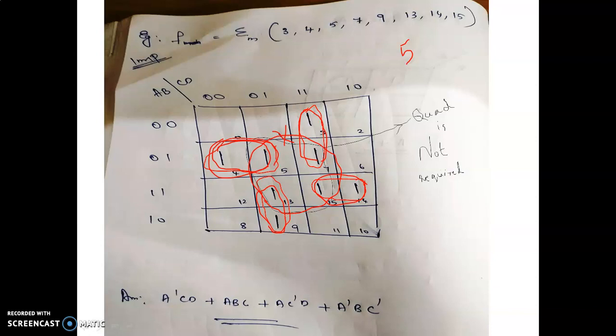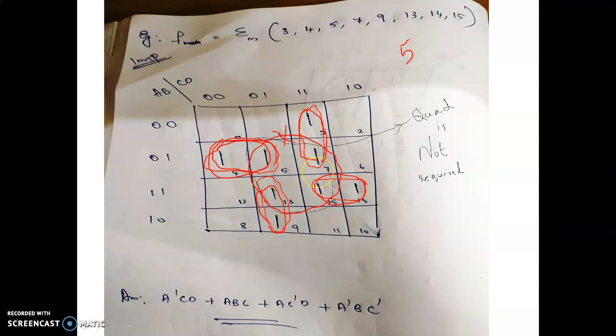Hence, in this question, even though grouping to the higher value is a better one, here in this case we will be avoiding the quad, because when we use the quad, what we are getting is not a minimized one. We get an expression with 5 terms. When you avoid this quad, you get an expression with only 4 terms. And when we analyzed the rules, we have seen that we have to make groups as few as possible, isn't it? So when the quad is not allowed, we get only 4 groups.